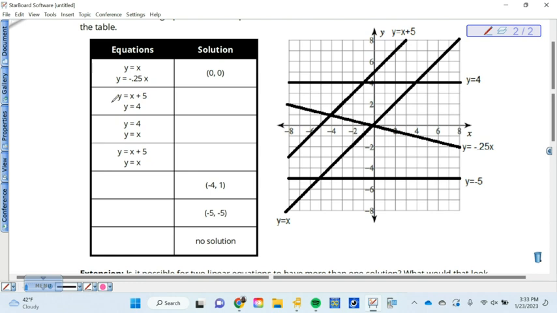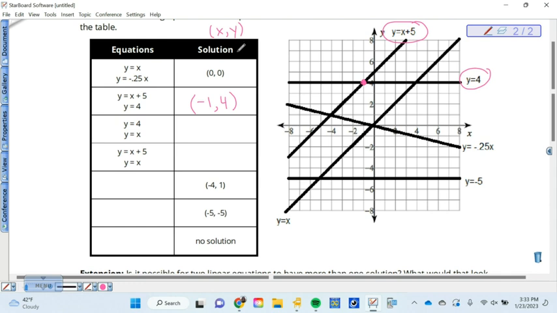So this second part says y equals x plus 5. That's going to be right here. And then y equals 4. That's this line right here. So they intersect right at this point. What are the coordinates of that point? Yeah, good. -1, 4. So always our solution to systems of equations is going to be an ordered pair, x